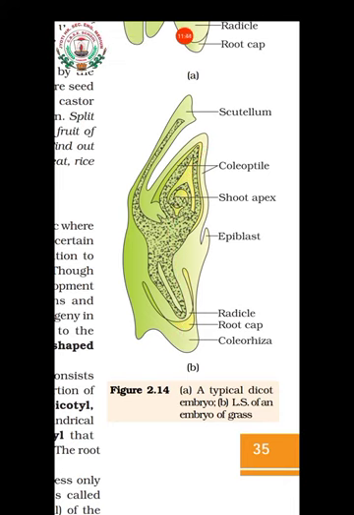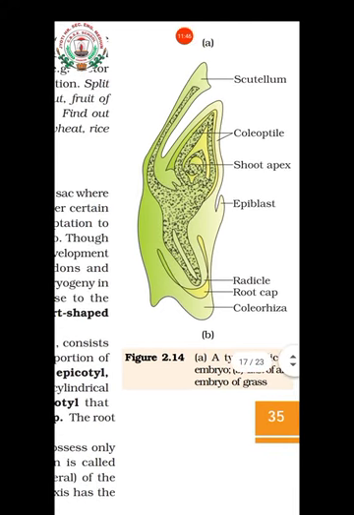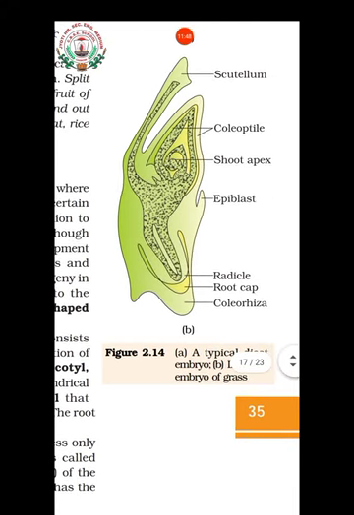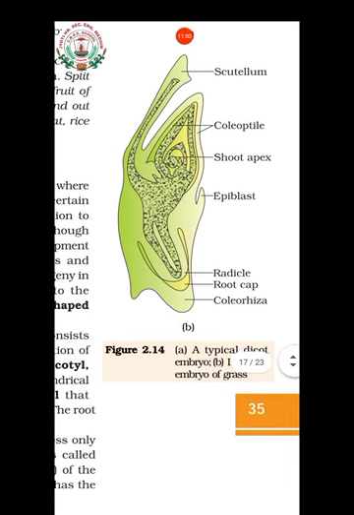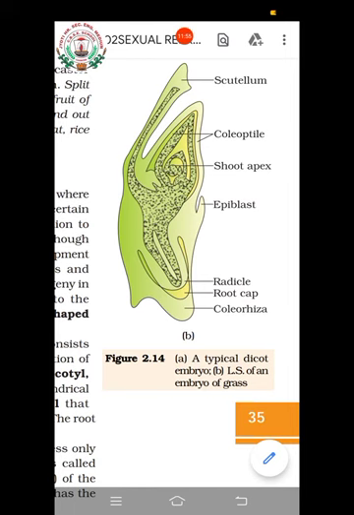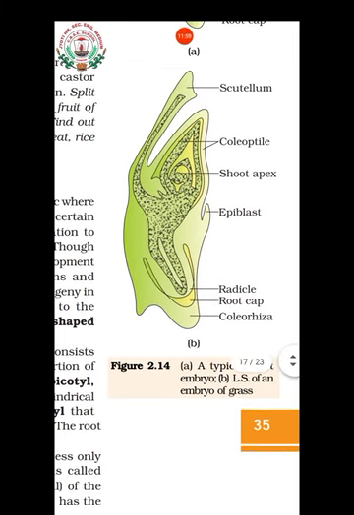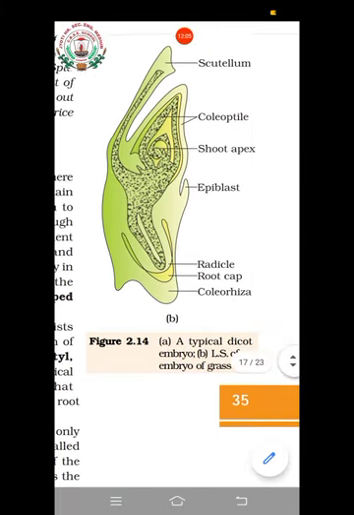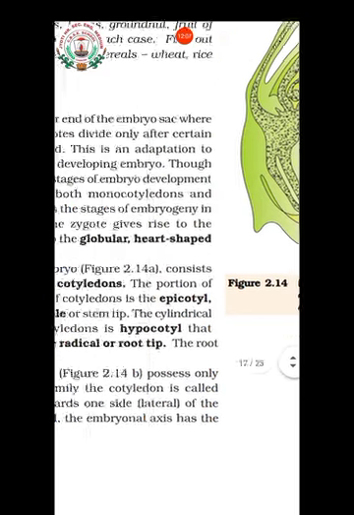Okay, on the lower side you can see the radicle. You can see here the radicle and the root cap, and it will be covered by a structure known as coleorhiza. And in the other part you can see the shoot apex, which is covered by a structure known as coleoptile. So these are the parts of what? Monocot